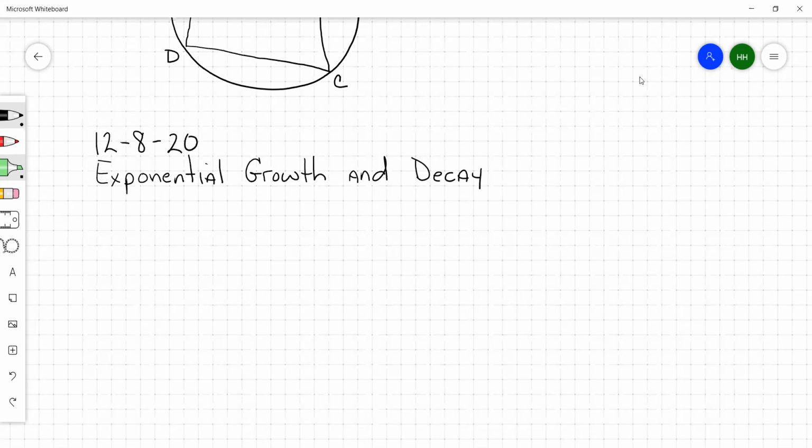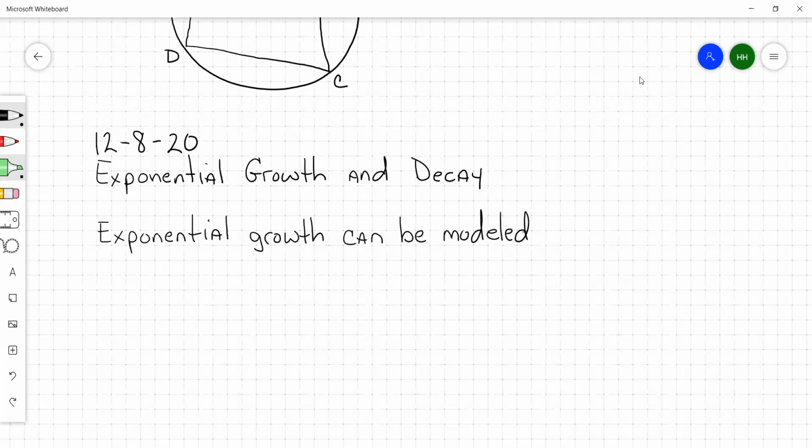And exponential growth can be modeled by the function